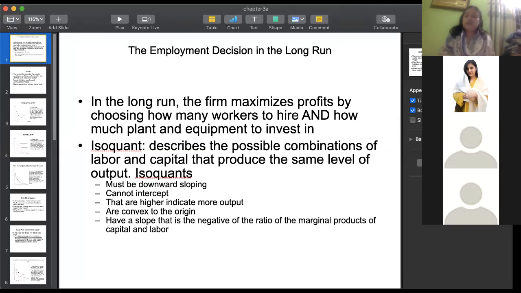So all of you know that there's a difference between short run and long run, and the difference is in the fixed factor of production. In the short run, some factors of production are kept constant, they are fixed. You cannot change them in the short run. But in the long run, everything is variable. You can change the factors that were fixed in the short run can also be varied in the long run.